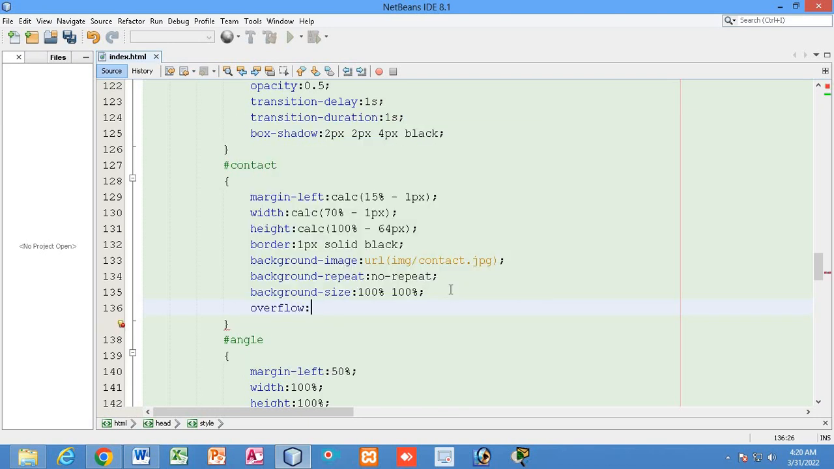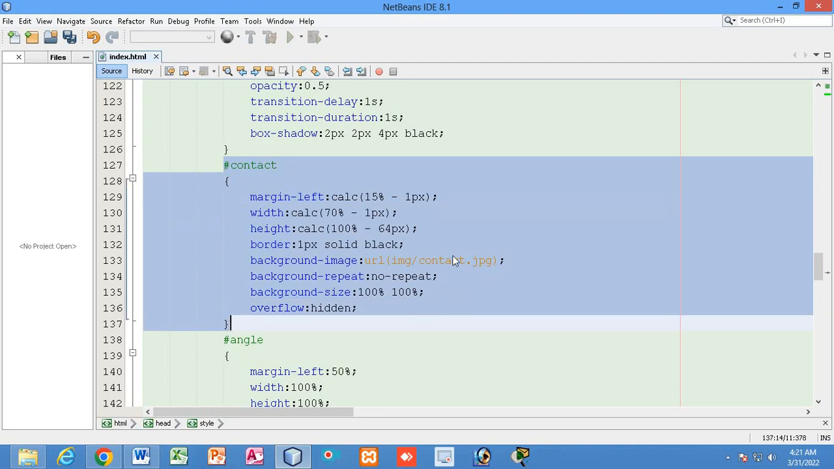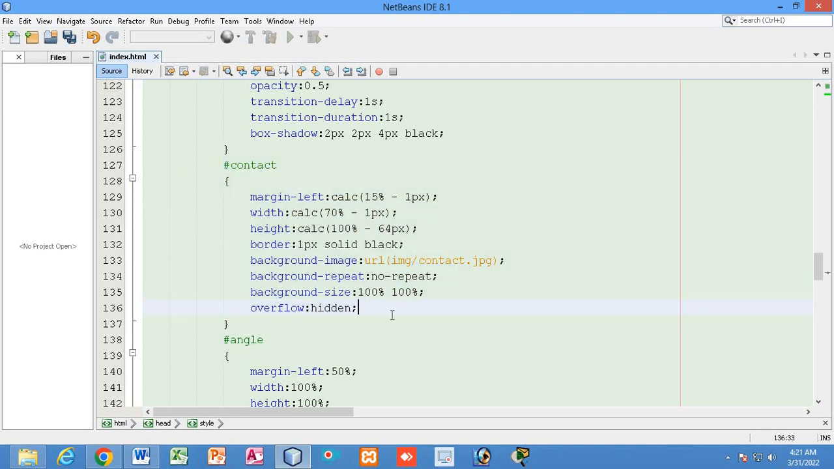This is a CSS property, that is overflow hidden. That means if any portion of the objects which are kept inside this contact div has gone outside the container, that portion will be hidden. Try to understand. The content placed inside the contact div, if any portion of it has gone outside the limit of its container,